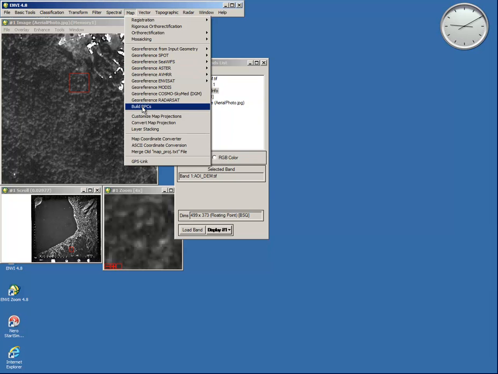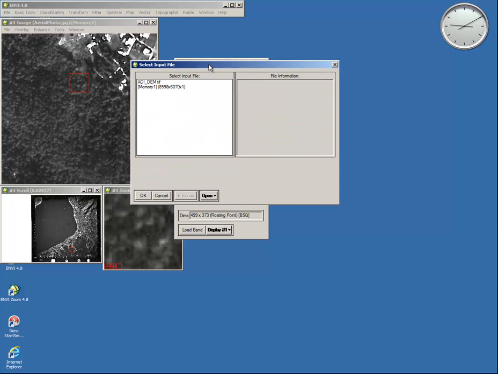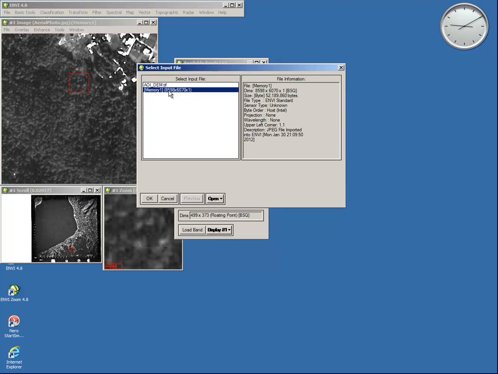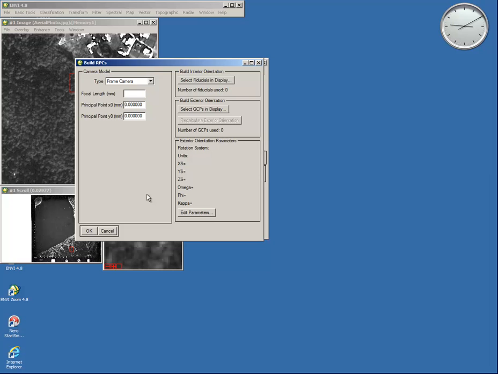by building the RPC model for this aerial image. Okay, select the input file, and then I'll start to type in the needed values for the RPC model to be created. Okay, we have a frame camera, that's the type. We know the focal length, we need to know that it's 51.95, and I won't change anything in the principal points,